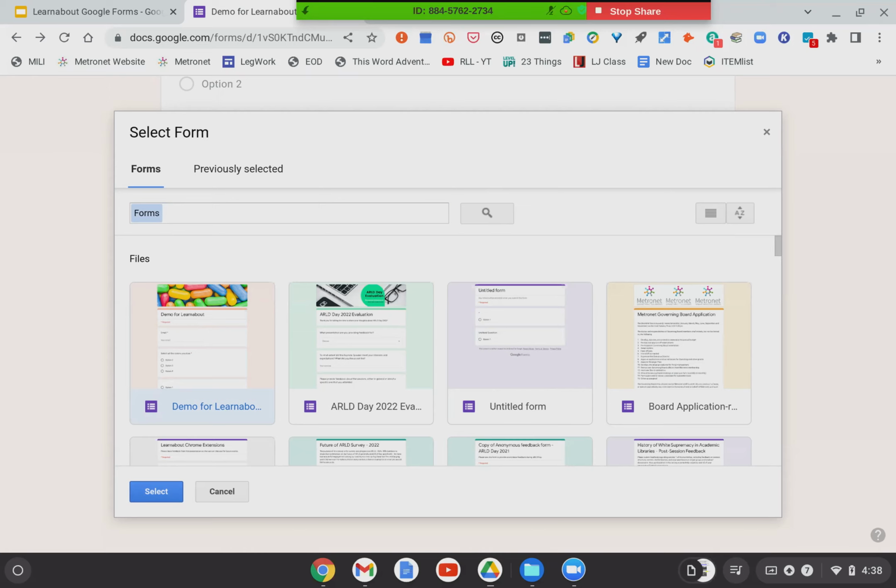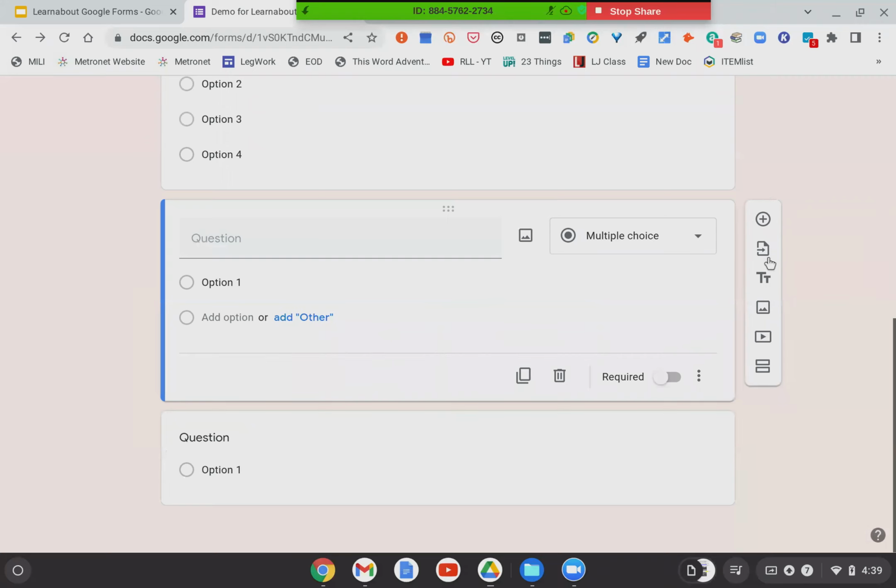So if you have your questions tabulated for your quiz in a Google Doc, there is an add-on available that you can use. It will give you the ability to import your Google Doc, and it will reformat the document as a form. So, but that does require an add-on. From here, it's from another form. So if someone has sent you a form and you're like, oh, this is fantastic, this is exactly what I want my survey to look like, as long as you have that in your Google Drive, you can go ahead and import their form and then just modify it for your own use. So that is what the import feature does.